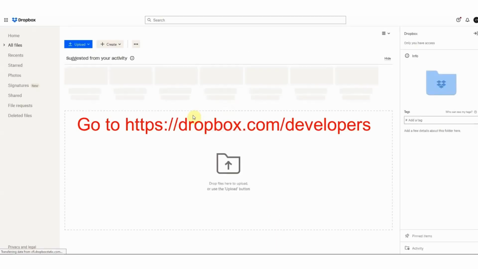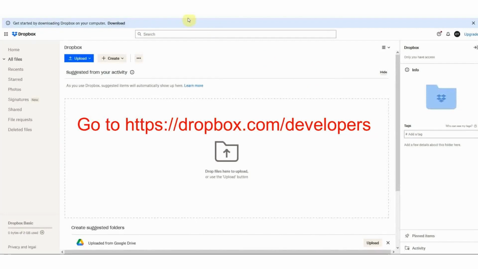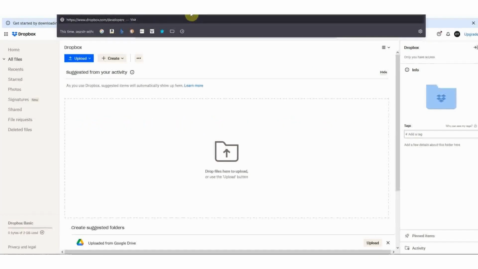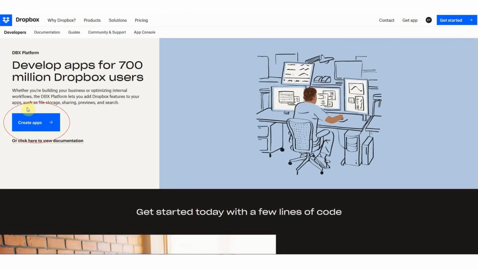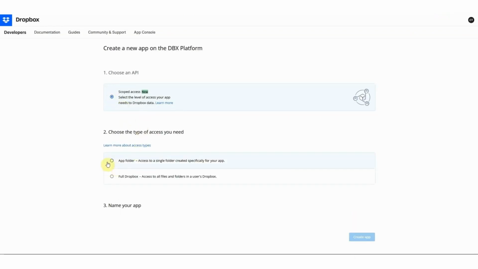Once your account is verified, go to dropbox.com/developers, which will bring you to the App Creation console where you will click the blue Create Apps button towards the left of the page. Under Choose an API, select Scoped Access New App folder under Section 2 and give your app a name in